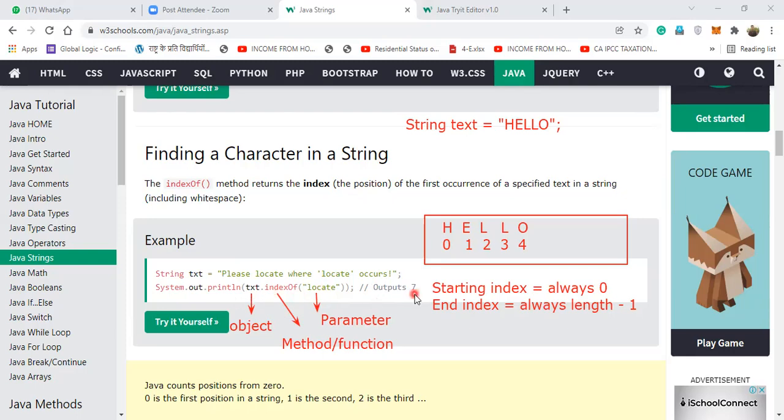So, what kind of value is it returning to me? A numeric value. No doubt it is returning a numeric value, but we will call it an integral value.